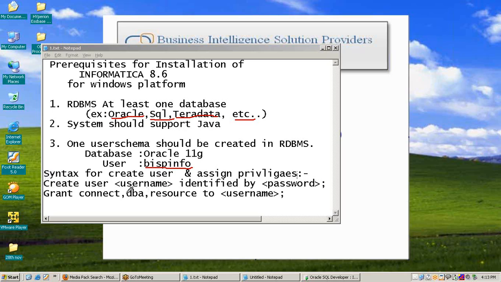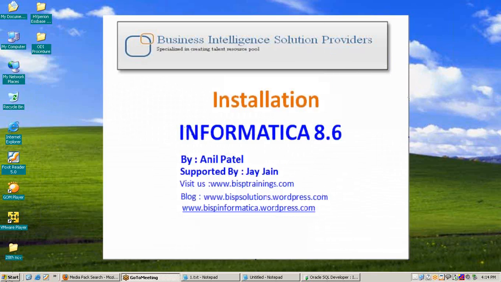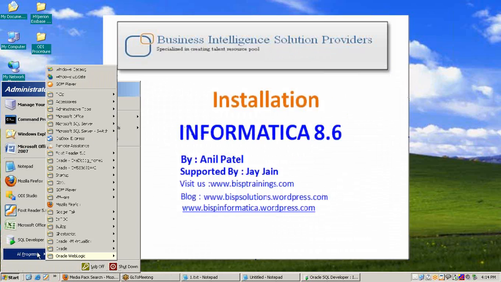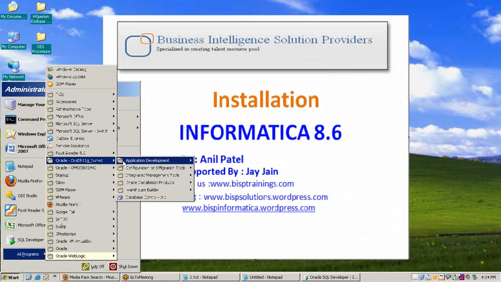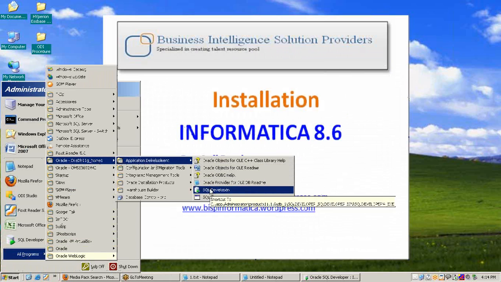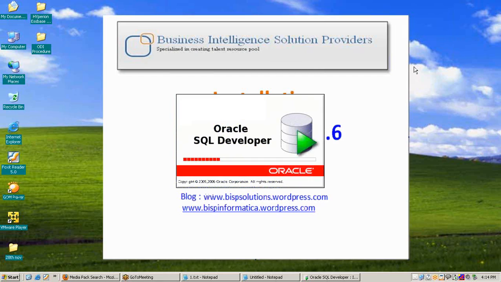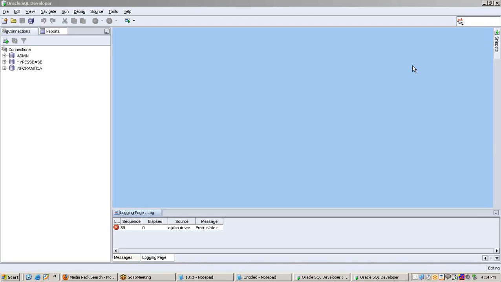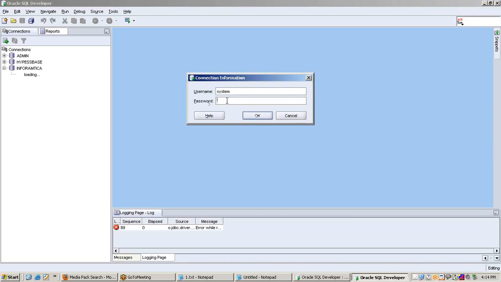You can see the syntax for creation of a user schema and how to grant privileges to the user. Just open SQL Developer from Oracle 11g Home. Now open a connection.